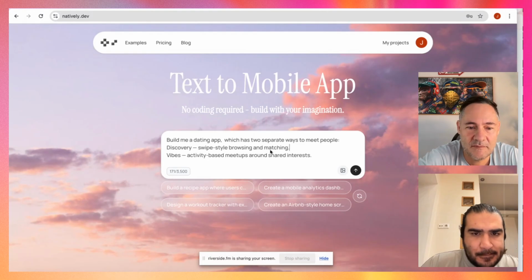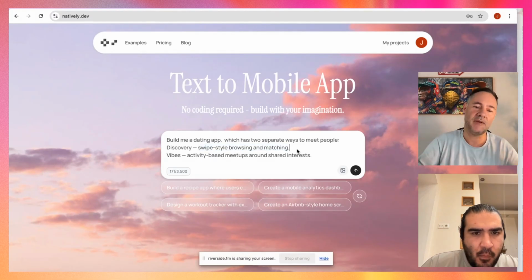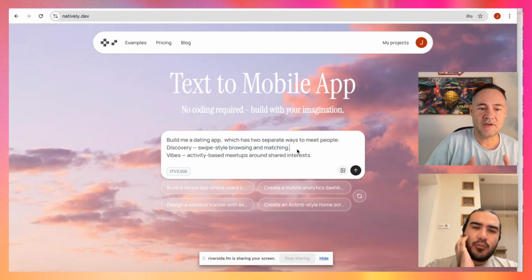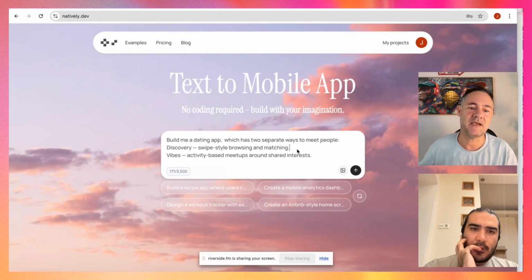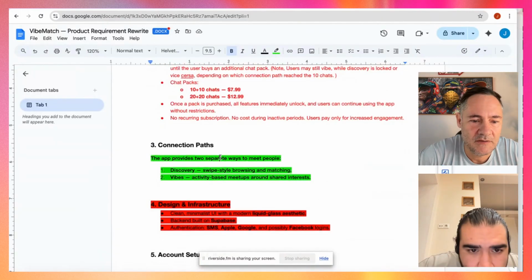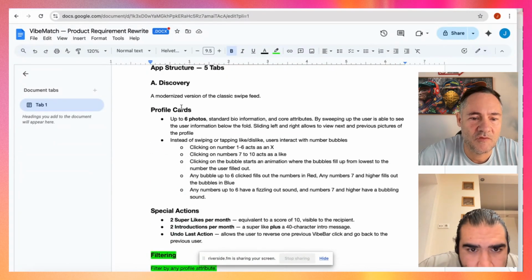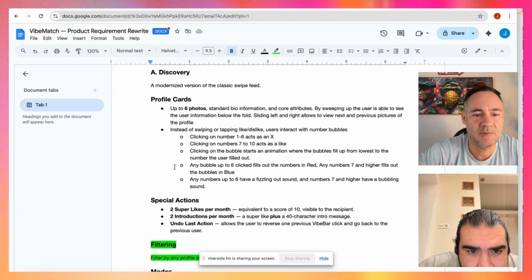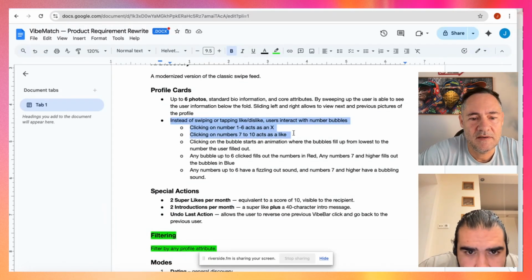It's like your typical dating app where you can like or dislike, but the mechanism to do so is not a swipe. If you go back in the document, it's described in the interactions, in the second bullet point.